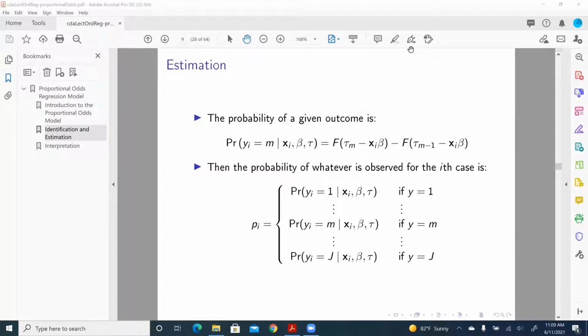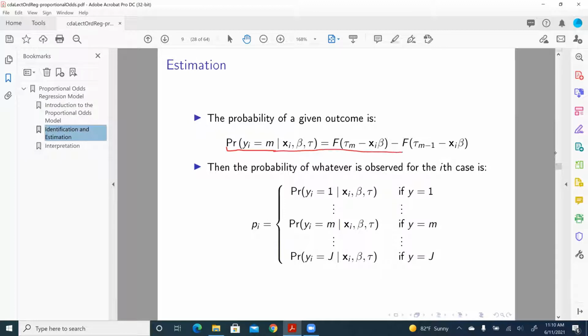Well, once we learn estimation procedures in binary regression models, the estimation of ordinal regression models, in this case the proportional odds model, becomes relatively straightforward. So what we're going to do is to figure out individual probabilities. And as we talked about and derived, the probability for y equal to n given observed data of covariates and